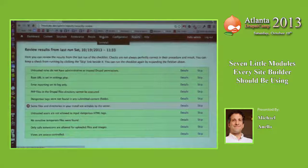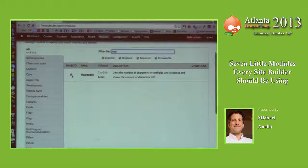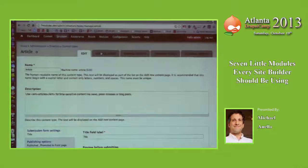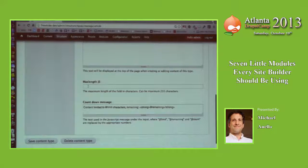So max length module, it has a library you have to install separately, so it needs the libraries module. But as you can see, it's already enabled. So this exposes itself in two places. So let's look at our article content type. When we have max length enabled, down here,